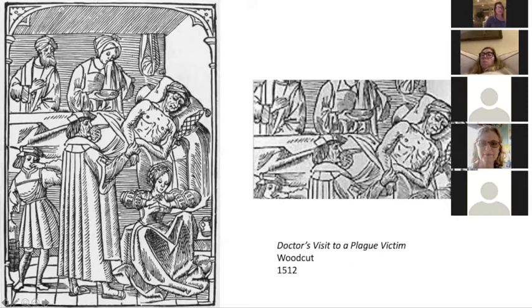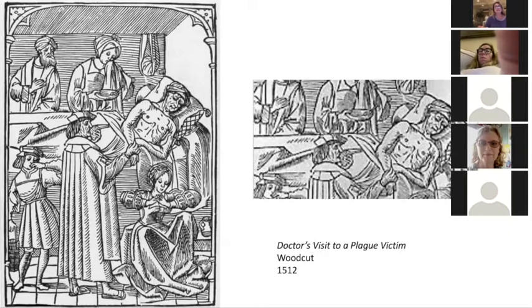This gal here, maybe in prayer, but this young man here, who is also holding his nose, apparently it's been suggested he's taken a urine sample. And then the woman on the other side of the bed, who also holds her nose, is holding out a bowl, perhaps of broth. And then the figure here that has a turban,